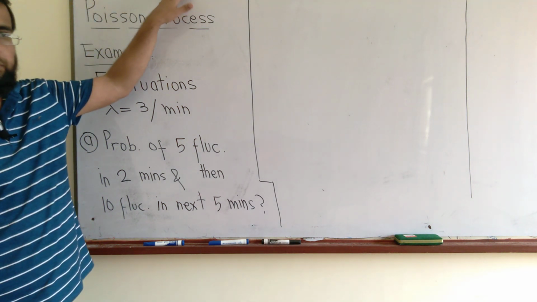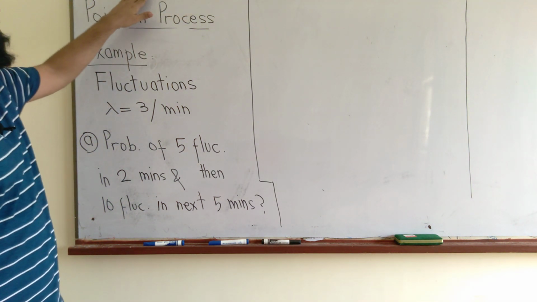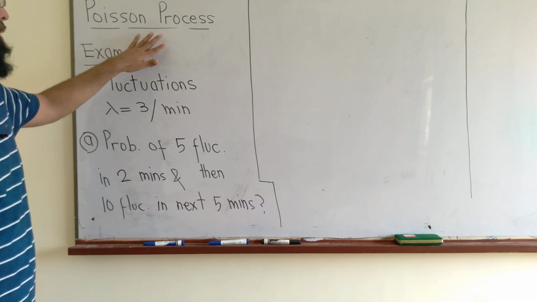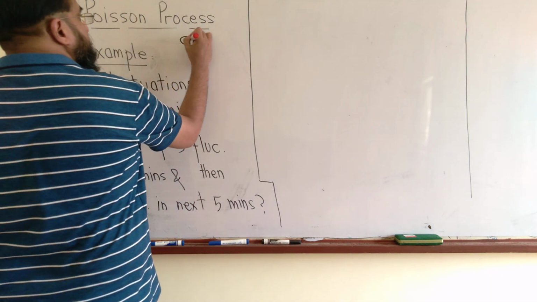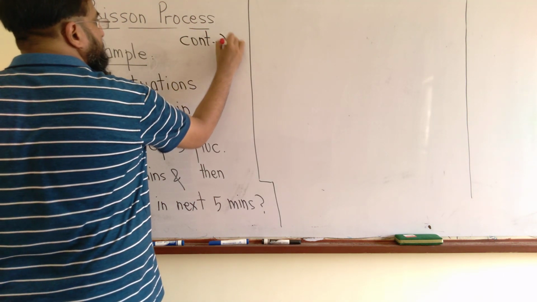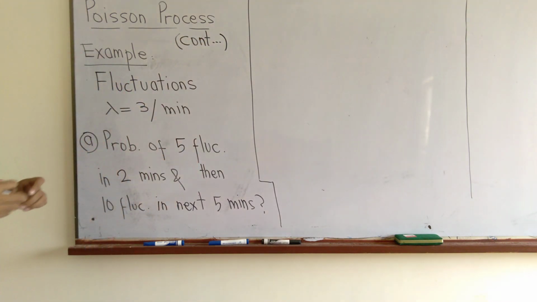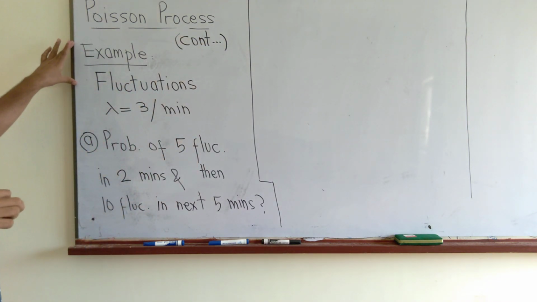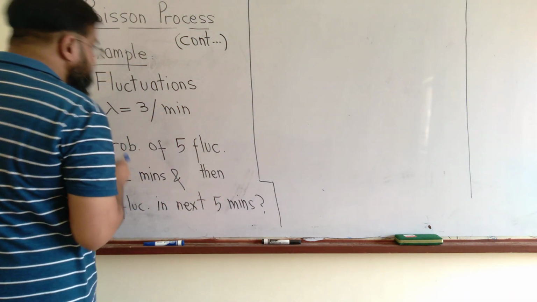Welcome to the sixth lecture. We are studying stochastic processes and we are studying Poisson process. So we will continue studying Poisson process even in this lecture. Today we will solve an example